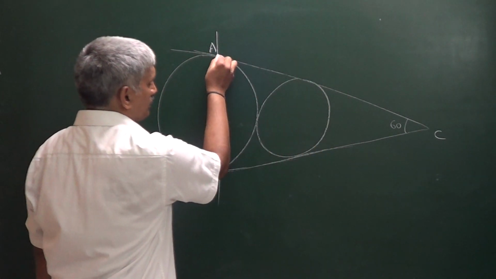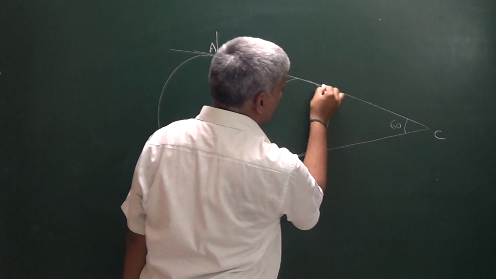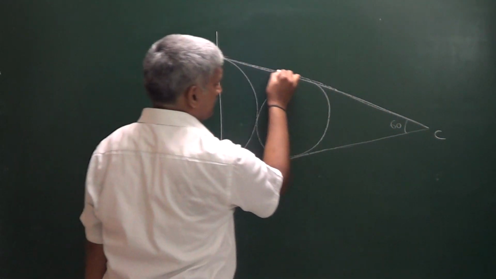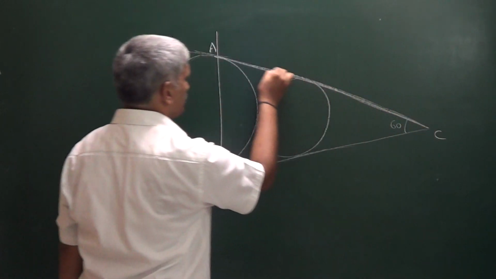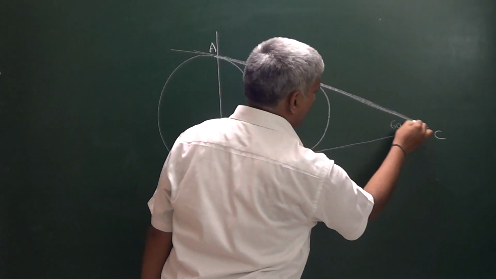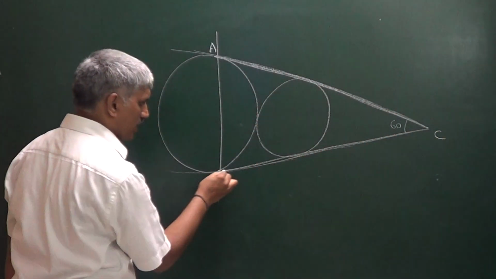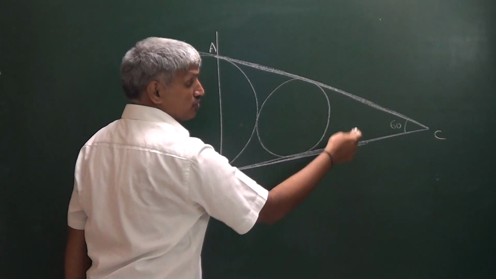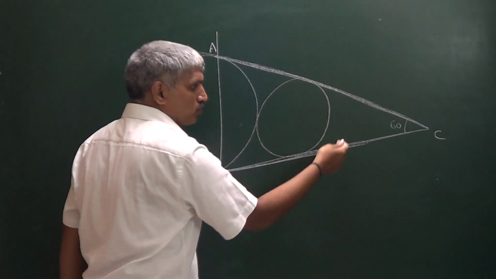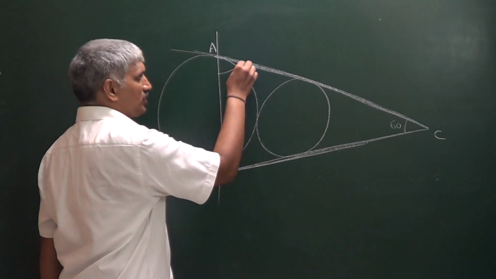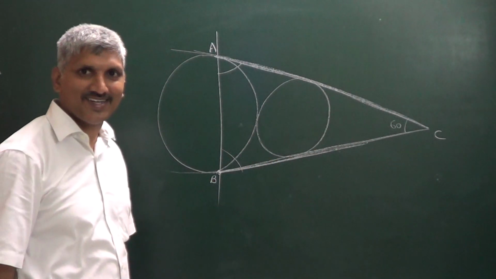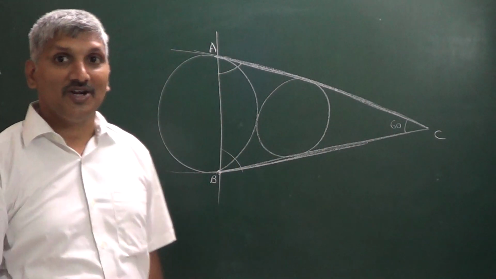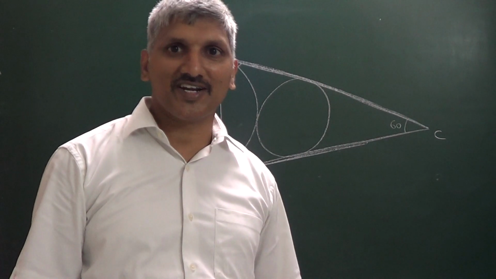You know very well, this is the length of the tangent, which is nothing but root over S11. If this is the length of the tangent, no doubt this is also the length of the tangent. These two are equal. When these two sides are equal, now these two angles are equal. And this is 60 degrees. And these two angles are equal. No doubt the triangle is an equilateral triangle.